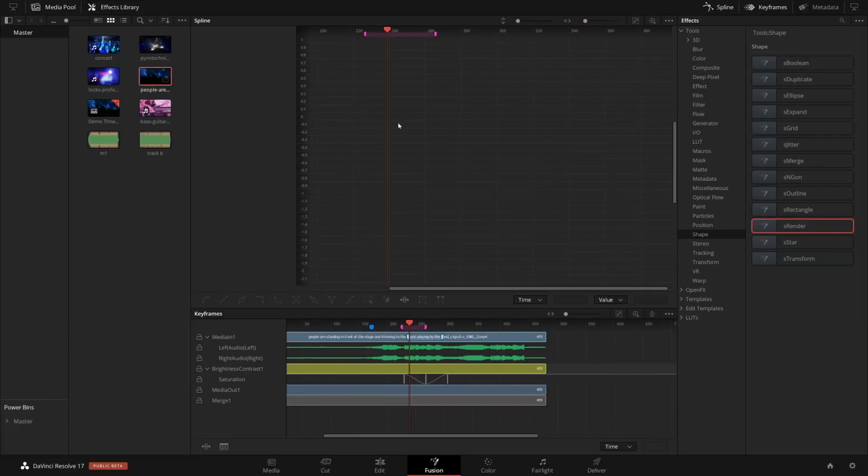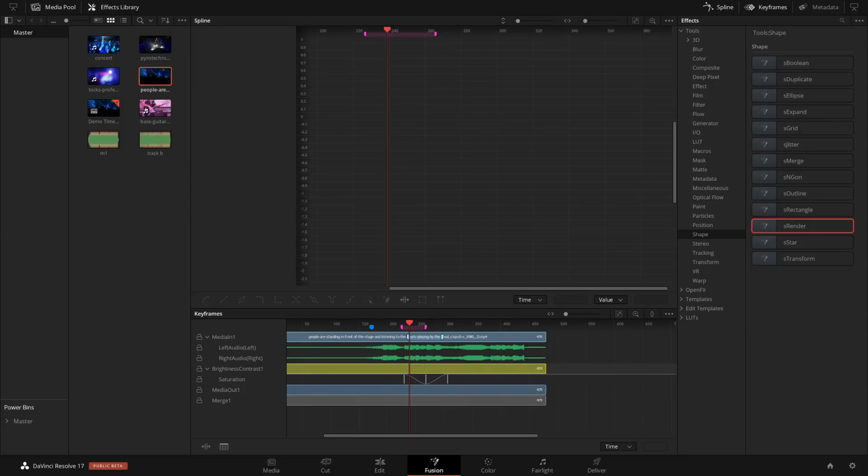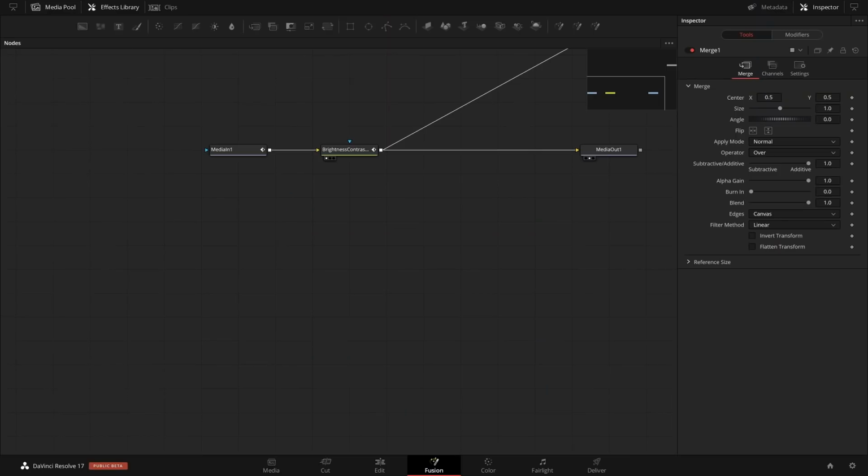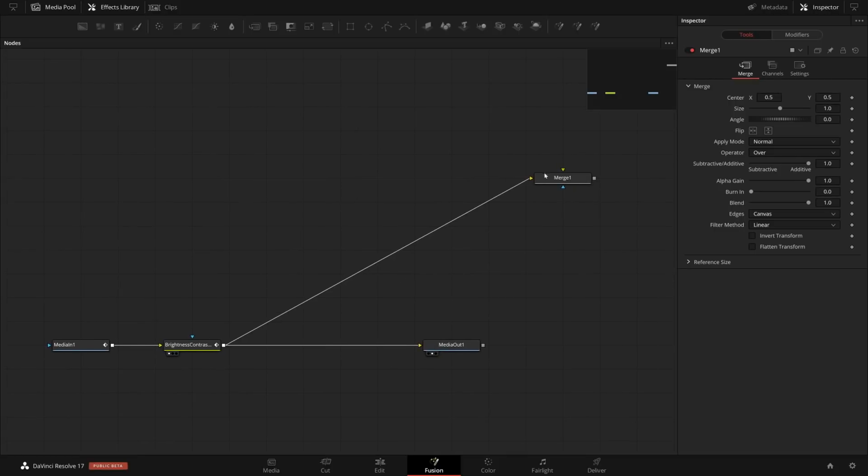If I take the second screen right now, it shows me the keyframes and the spline, and the tools, the effects library here. This way I have a bit more space and it's spread out. You have a few presets here which you can go through and see if you like another one more. For example, there's big nodes, which if I select this, gives me a big node viewer on one screen and then the viewers on the other. So just some presets you can explore when you are using 2 screens. I switch back to 1 screen so that you can see everything.